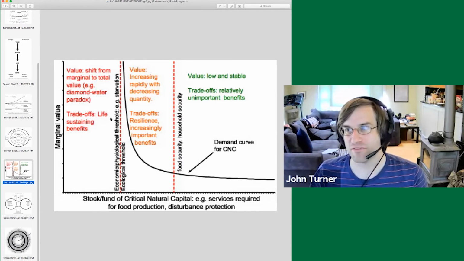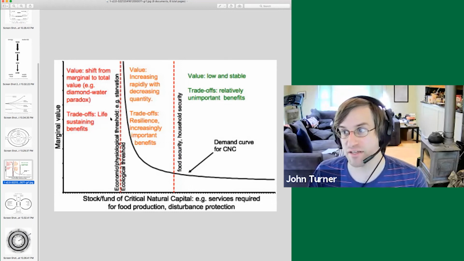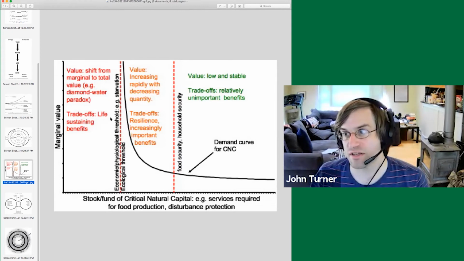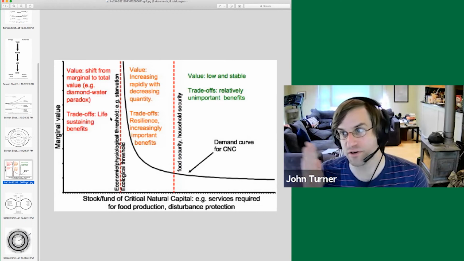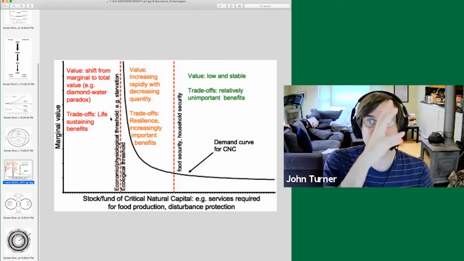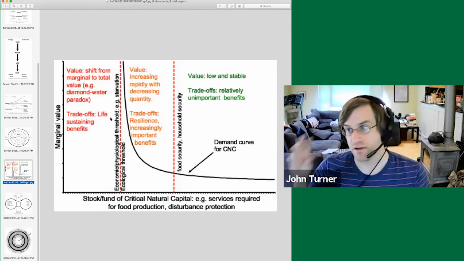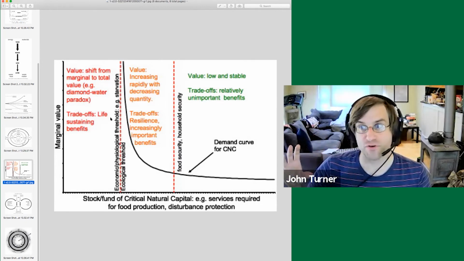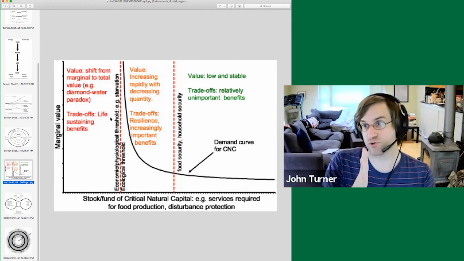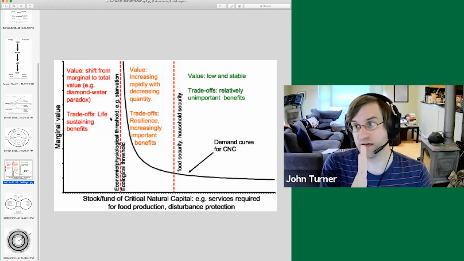a situation where water has an incredibly high absolute value. That is, it is necessary for human survival. So its absolute value to us is extremely high. If we have no water, that is very damaging. If we have an abundance of water, though, it is very difficult at the margin to assign where the transition occurs between it being abundant and therefore having very low marginal value, right? Versus it being a critical natural resource that has an extremely high absolute value, so that as we begin to